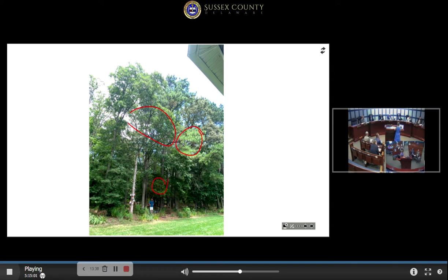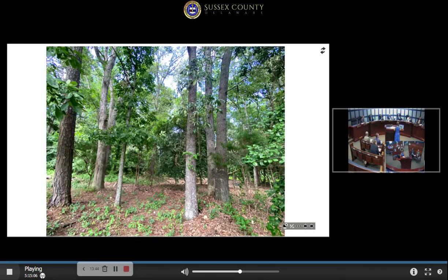So, to further give you a view into the forest, I am standing on the property line here, and we see ponderosa pine, white oak. I'm not sure. I think these are red oaks. I don't remember, and hickory here. I did not go onto the property to measure the diameter of any trees on the Townsend property, but